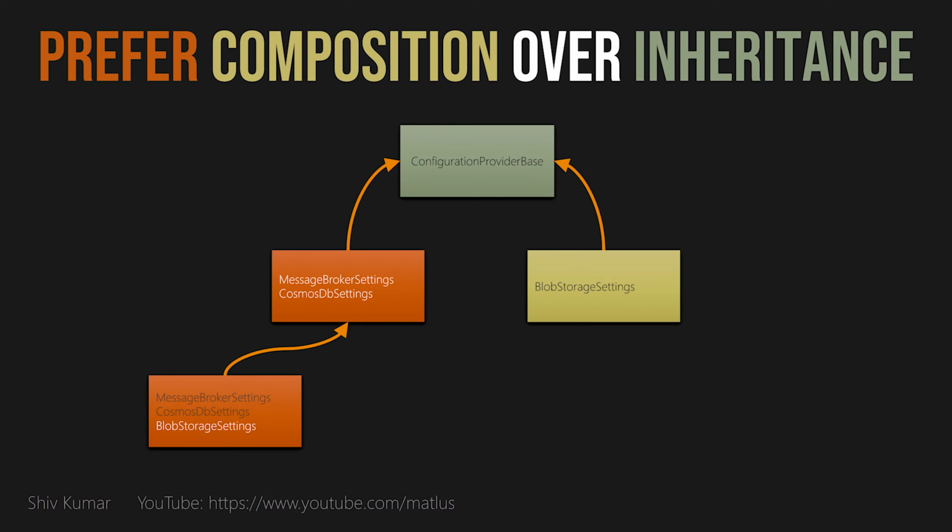And if you look at my screen here, I have this little slide that I've defined where there's a config provider base class, and you potentially have 2 descendants. One has message broker settings and Cosmos DB settings. The other one has blob storage settings. And then there's a descendant of that which may need blob storage settings. And now, because you're going down this hierarchy, you've got blob storage settings here, you've got blob storage settings there, and you get in this inheritance mess. You're not quite sure which way to go. Then there's various permutations to that mess as well.